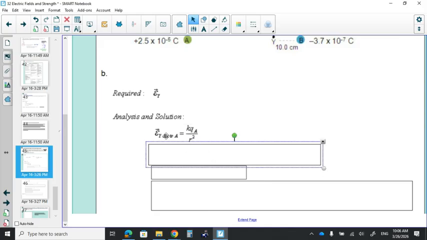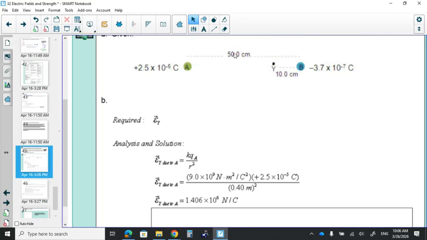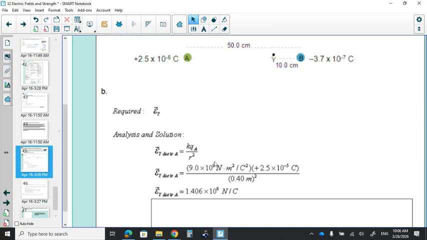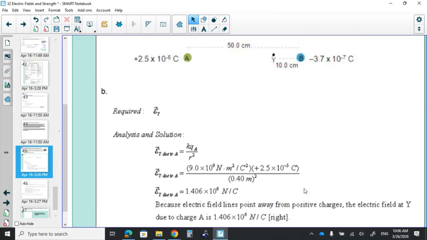So this is electric field intensity at y due to charge A. And so we're going to use charge A, the 2.5. And then the distance between is the 0.4, because obviously the whole thing's 50. And we're looking at a spot 10 centimeters from the right end of it. And so numbers plug in and you get your, so this is literally the force to the right from the green one. So I could show, force to the right from the green one, visualize this number here,